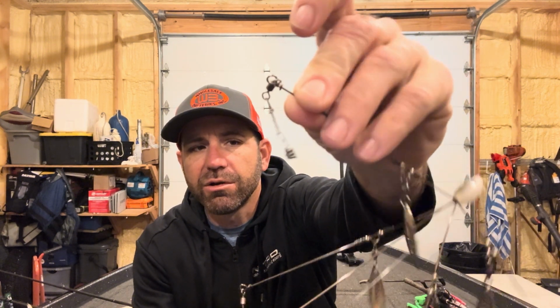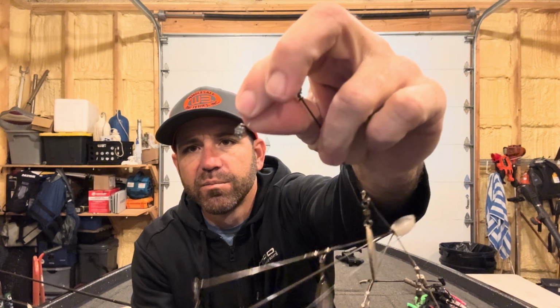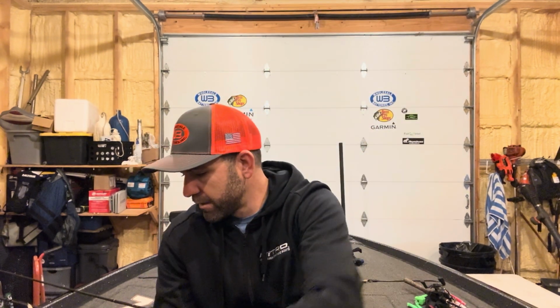So as you can see here, I've got one that just fell off of there, but I've got on one of those arms, usually it's your top arm on the A-rig, but you've got a screw lock here, and you're just gonna screw a swim bait into the end of that without a hook. And so you're gonna have 2 dummies, 3 hooks, and usually 25-pound Bass Pro Shops fluorocarbon,